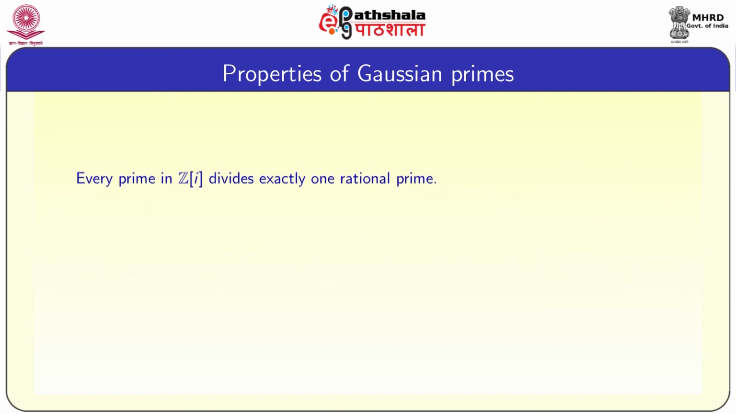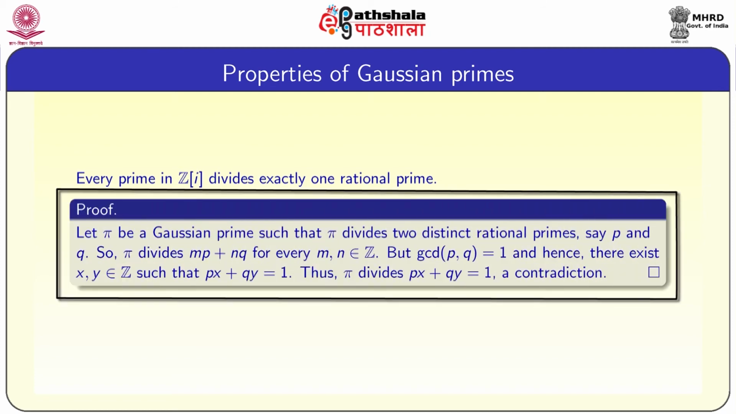Every prime in Z[i] divides exactly one rational prime. It is another interesting property of primes in Z[i]. The proof goes like this: let π be a Gaussian prime such that π divides two distinct rational primes, say